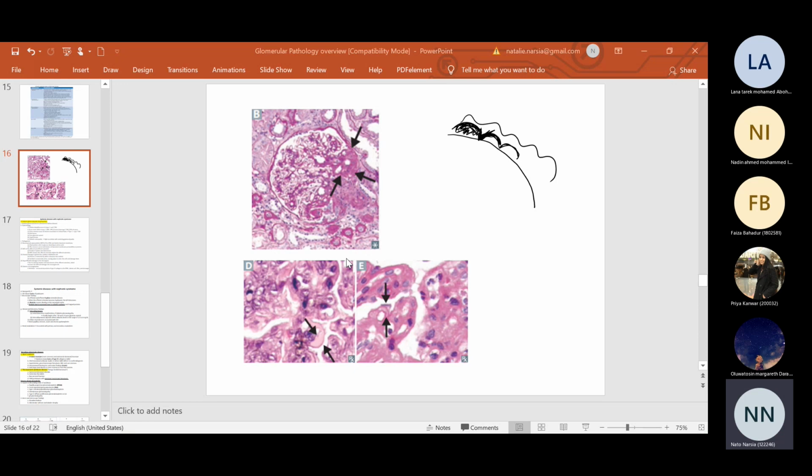They grow and proliferate. Actually, they go through this deposit, in the middle of the deposit, and separate the deposit into two pieces. And as it separates these two pieces, it gives the appearance of tram track. That's all, okay? So if you wonder why they have this spike and dome appearance, subepithelial hump, how